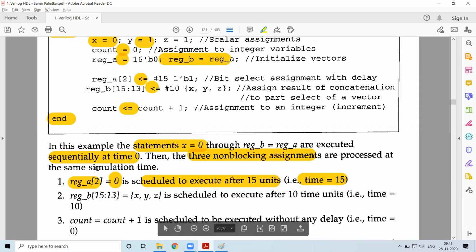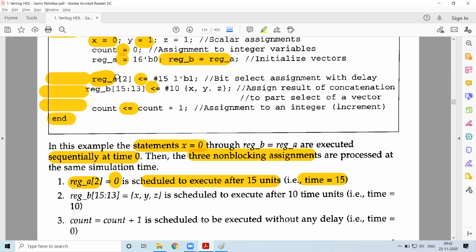That is what happens in this case. Now here this statement is executing, but since it is a non-blocking statement, it will not block the execution of this statement, or the next ones, because these are also non-blocking assignments. So when assignment has been done using the non-blocking assignment, at the same time, it is not blocking the others from getting updated. So here we can see what is happening at 15 time units, this register A